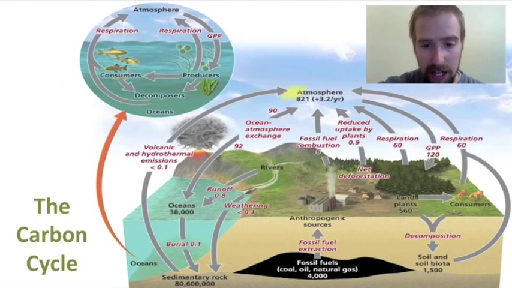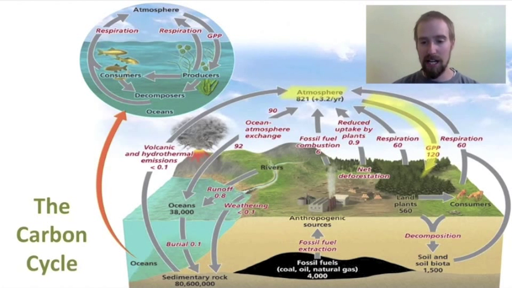If we start here in the atmosphere, we can see that carbon is taken out of the atmosphere through what this diagram calls GPP. And GPP stands for gross primary productivity. And if you think about what you know about primary productivity, that's what primary producers are doing. They're photosynthesizing in this case, and photosynthesis requires carbon dioxide as an input. So they're taking carbon out of the atmosphere and transforming that carbon into carbon that ultimately then gets cycled through the food chain.